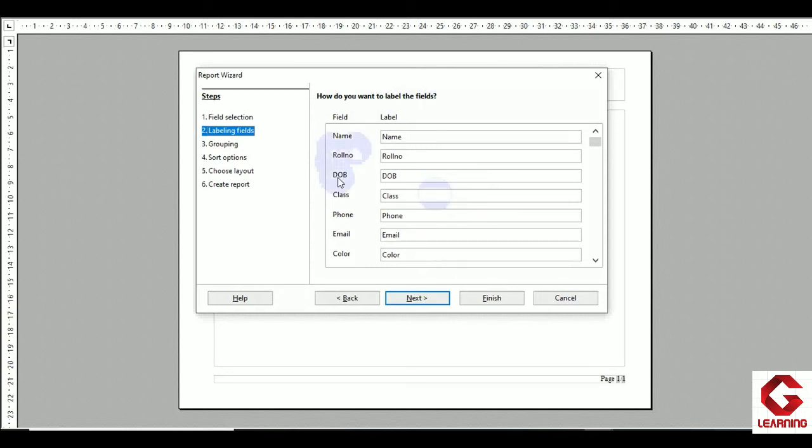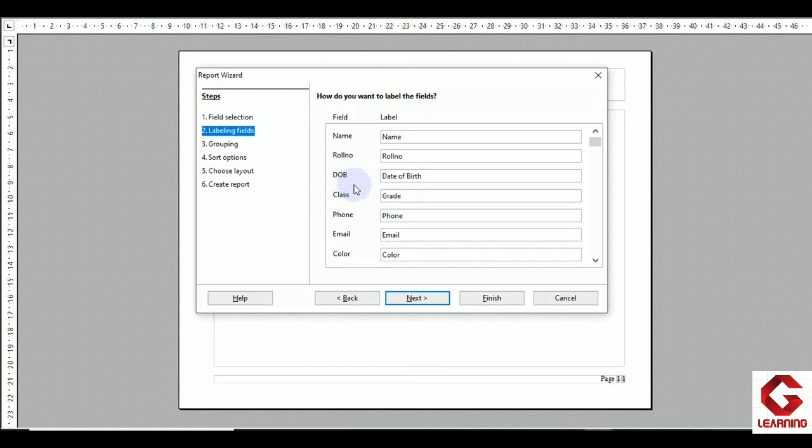So as in the student info table DOB is one column, but in the report I want this DOB column to be date of birth, so here I can change the name. So I am giving it the name date of birth. In the same manner, in the student info table we have one class column, but in the report I want this class column as grade. So here I am just removing this class and writing grade. So in the report, in place of DOB we will get date of birth, and in place of class we will get grade, but in the student info table we will get the same fields DOB and class.